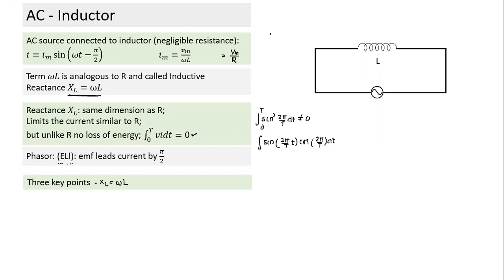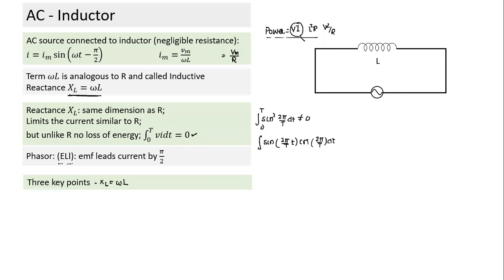In case of resistance, what is the power, the rate at which heat is dissipated? In case of resistance, we calculate it equal to Vi, or we can use three different terms: I square R, V square by R. Whichever manner we use, we can calculate this term over one time period, and this term doesn't come as 0.